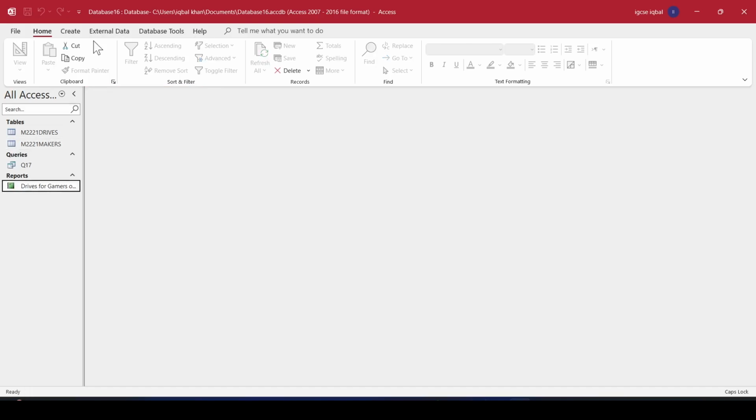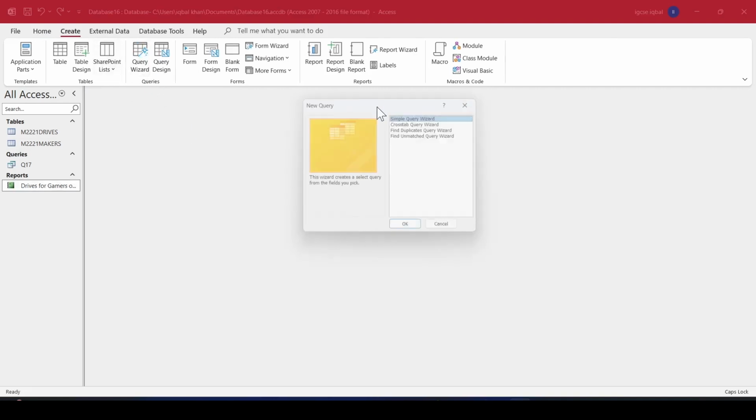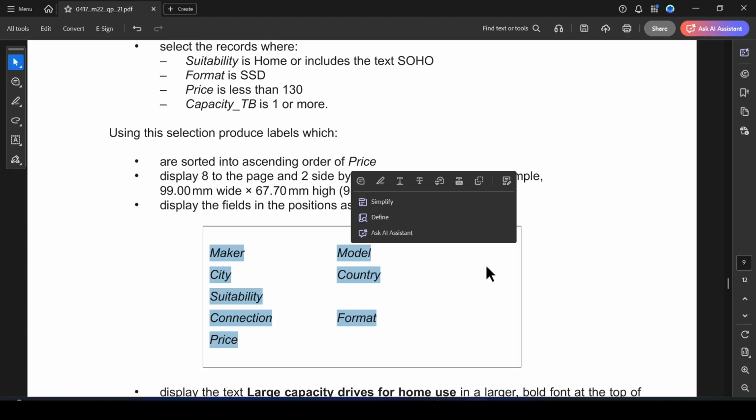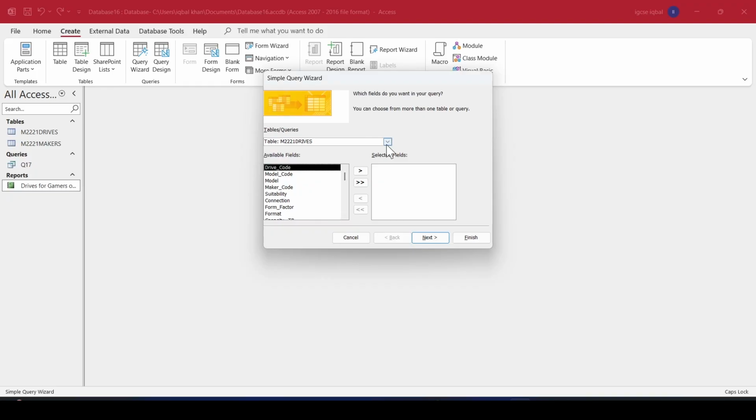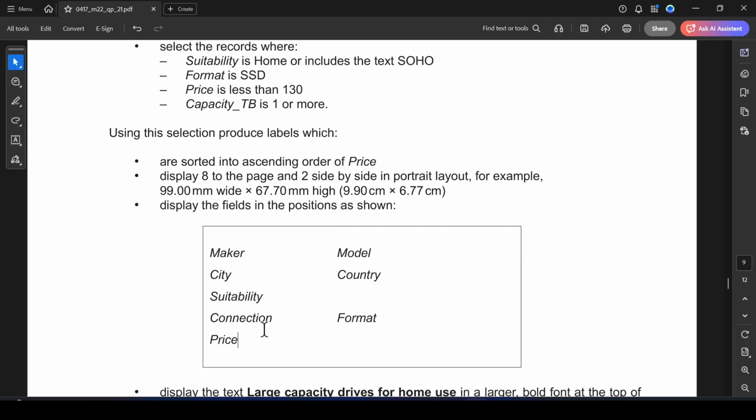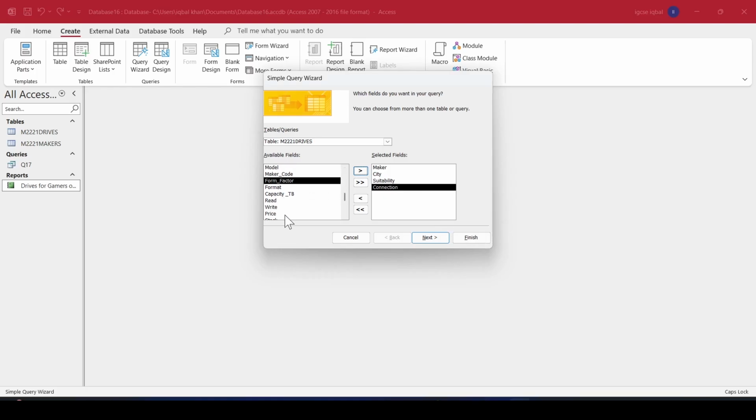Right click, close. Okay, to do that I will go to create query wizard, simple query, and from both the tables I am going to use, first is the maker. The maker table, I'm going to put maker here. Next is city. Next is suitability. Okay, it is here in the drives. Suitability. Next connections. Next price, we need to have price here. Next model, this is the model. Next country,